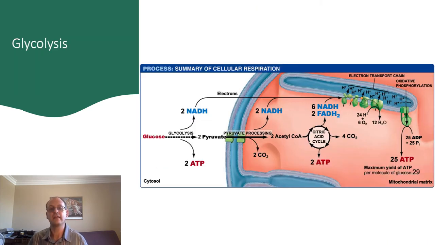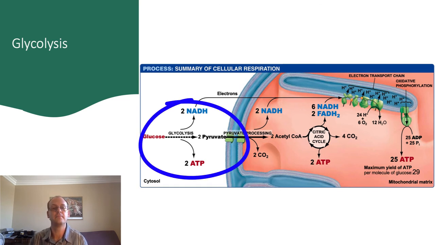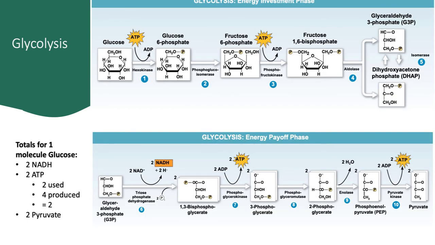The first steps of breaking down glucose is a series of reactions collectively called glycolysis. So what we're going to be talking about now are these reactions right here. Okay, before you look at this and panic, let me just put you at ease and say that for my classes, you don't need to memorize all of these reactions. I will give you hints along the way as to what you need to know by heart and what you don't. Glycolysis occurs in the cytosol of the cell. We'll move to the mitochondria later, but for glycolysis, it's all happening in the cytosol.